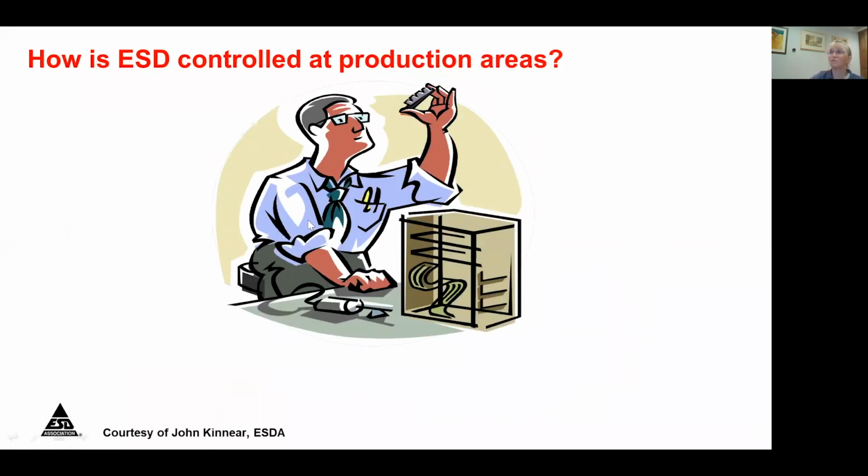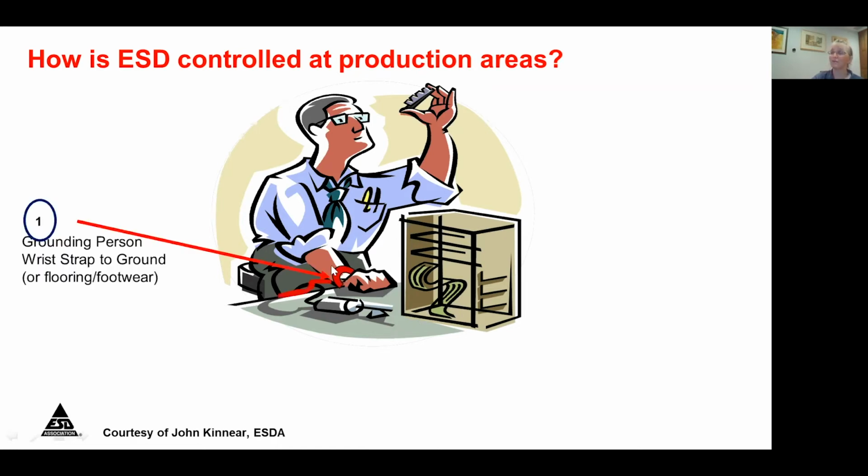So how do we get that level of control? Because that's really a key thing. We're assuming that our static control prevents any excess damage happening, and we design just to make sure that that low level is not a danger. The representation here is of an engineer at his test bench, and the very first control that's put in place is grounding.